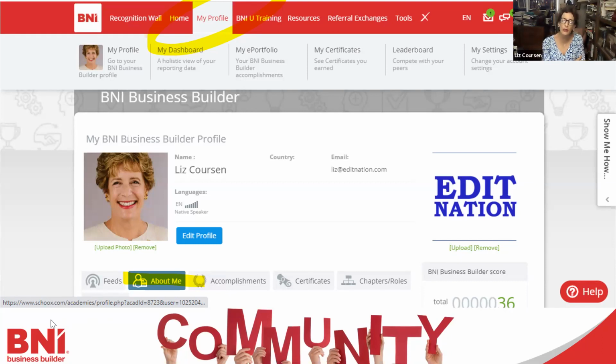You're going to be able to put in a brief bio, and one of the strong parts about the bio is you're going to be able to put in what languages you speak, because those of us in the States who only speak American English are at a huge disadvantage with those of you who speak 5 and 6 languages, and that's such a powerful thing. You want people to know that you speak other languages. You're also going to be able to add in your education, which adds to your credibility, and also your experience. So these are all things that are aspects of your profile that will give people confidence about working with you and reaching out, especially across countries, to work with you.